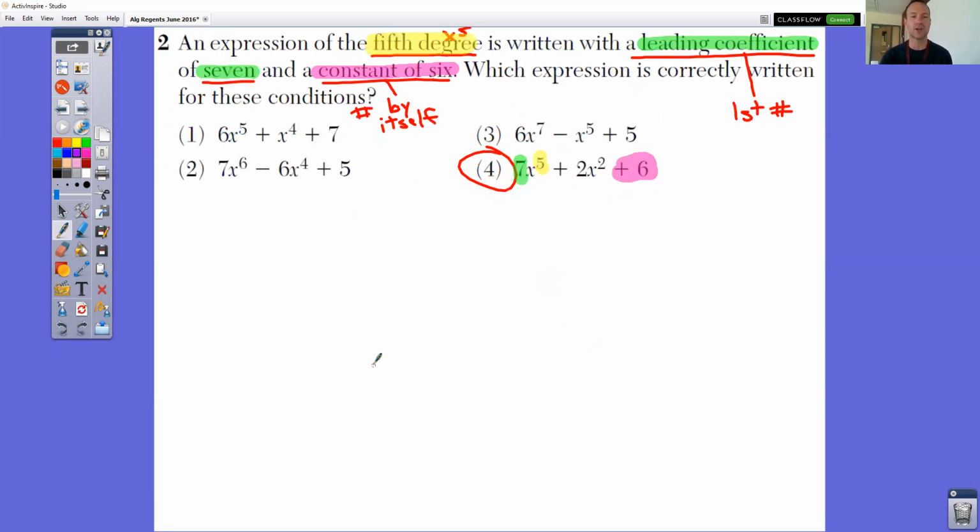In question number two, an expression of the fifth degree, that means to the fifth power, is written with a leading coefficient. The leading coefficient is this green number. It's the number that's out in front of the first term, and it has a constant of 6. That's the plus 6 here. It's a number that's all by itself. Which expression is written correctly for these conditions? Well, it would be number 4. We have a 7 out front as a leading coefficient. We have a 5 getting to the fifth power, so that's the fifth degree, and we have the plus 6